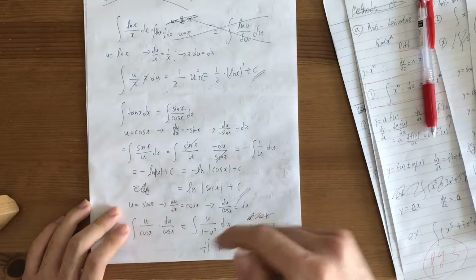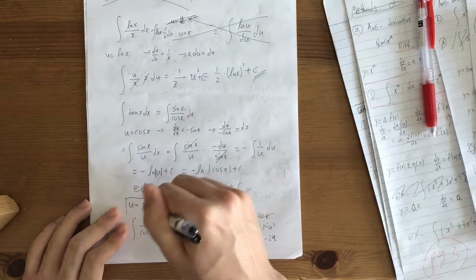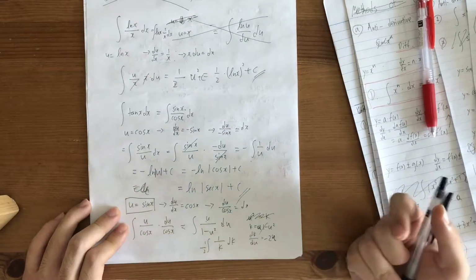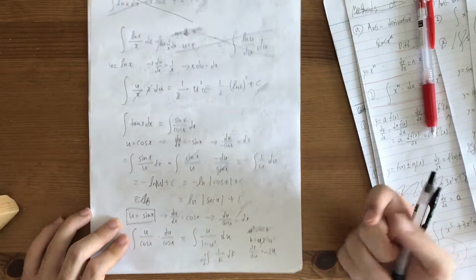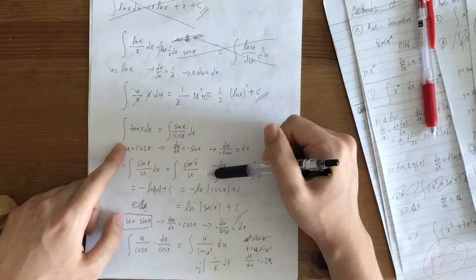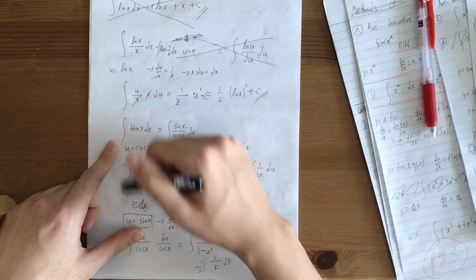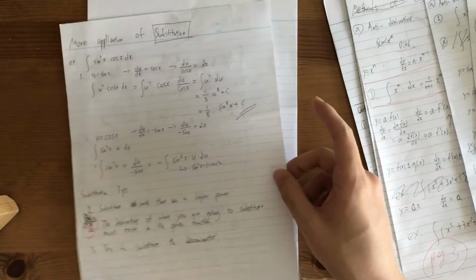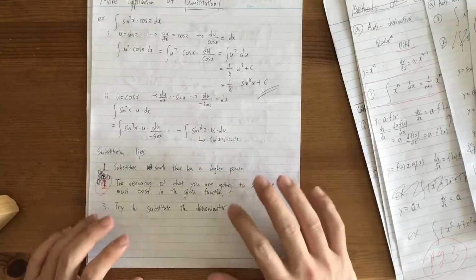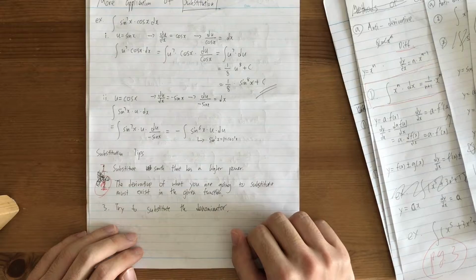So for the second case where you have to substitute sine x, you have to use substitution twice. But if you just substitute cosine x, then you just need to use it once. So again, it's just a matter of time. So that's the main examples for